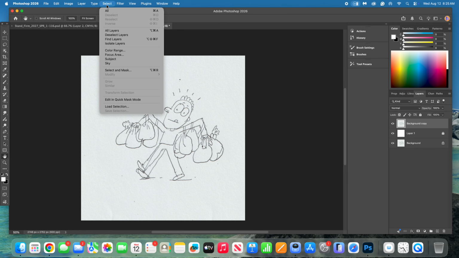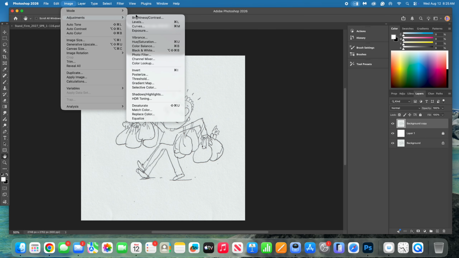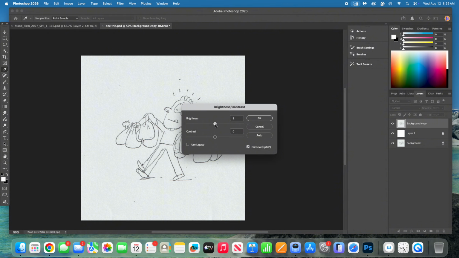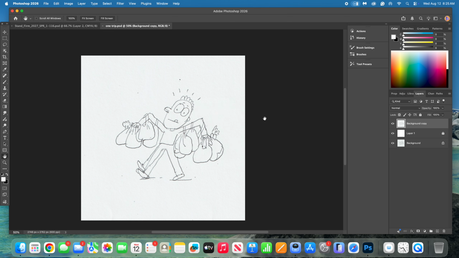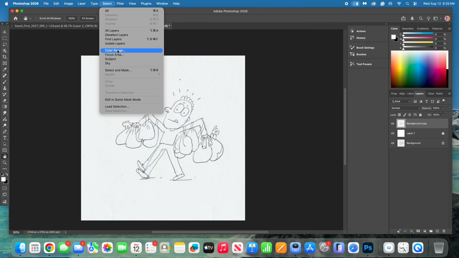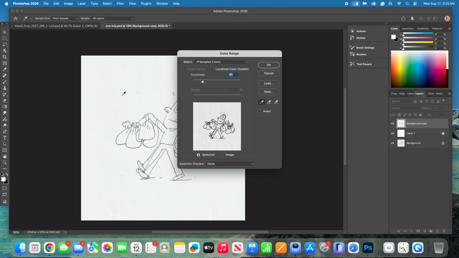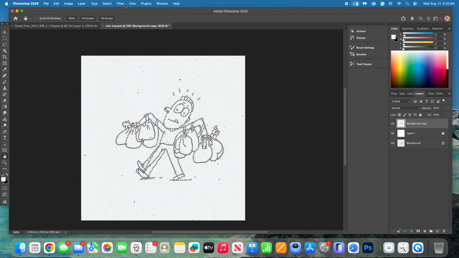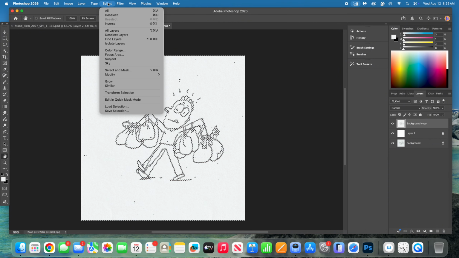I'm going to adjust brightness contrast, and I'm going to bump that up. And it basically just takes the white of the paper. So I'm going to say, let's do 15 on the brightness. All right, then I'm going to select color range, and I'm going to take that dropper and drop it on the white of the paper. And then I'm going to go up here to filter, no, select similar,